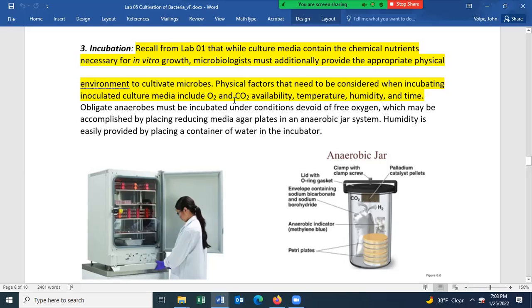The incubators in our lab only provide a specific temperature and humidity. Some bacteria need humidity in order to grow, and most bacteria have an optimal temperature to grow at. And so our incubator is always warm